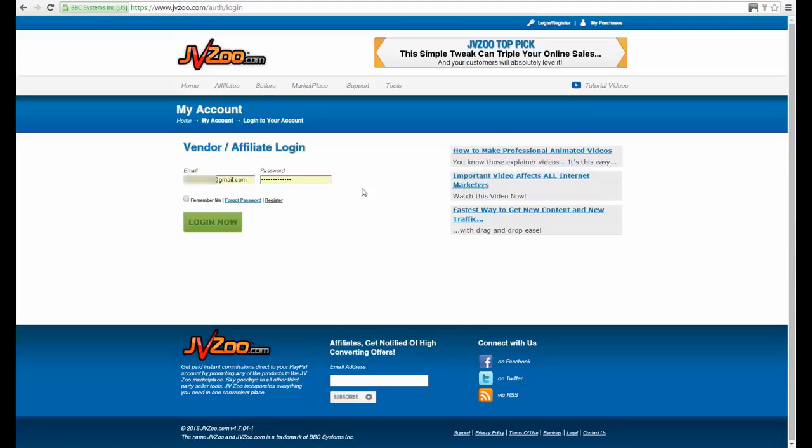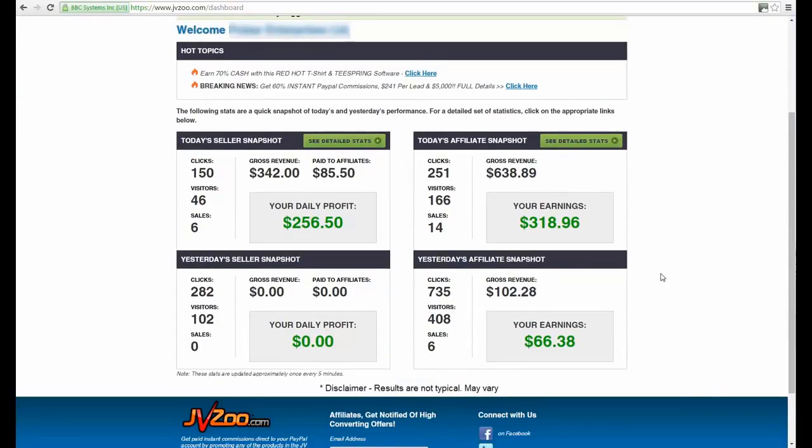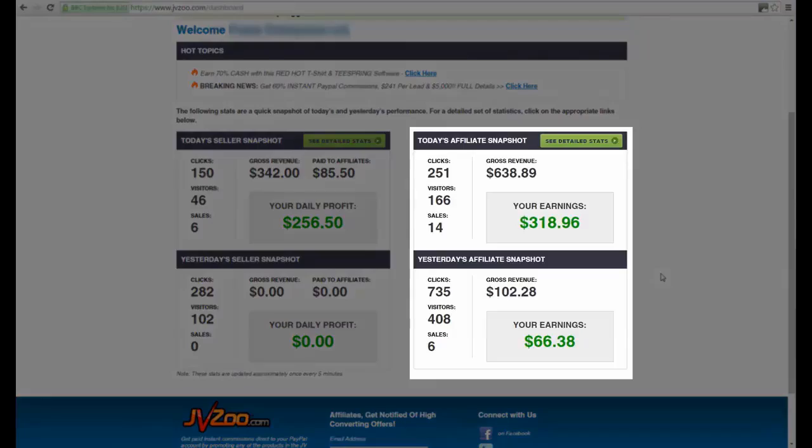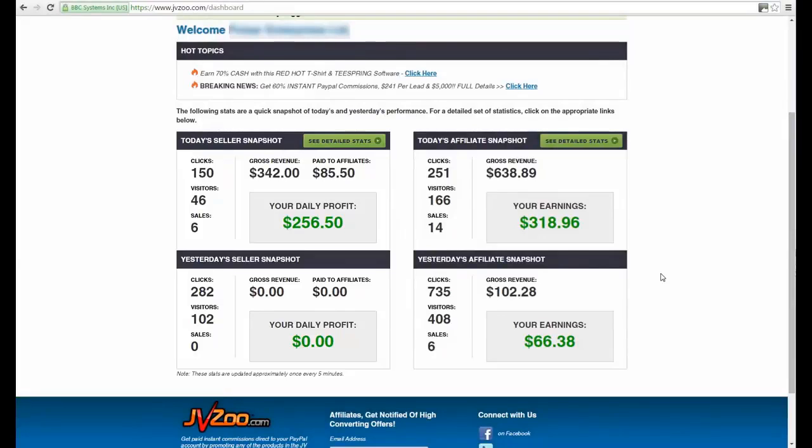Okay, so here we are on the JVZoo homepage. I'm just going to log in. Right, as you can see, we've logged in and this is a live account. Now I've blurred out certain areas and sections for privacy protection. I have some campaigns running with traffic going to affiliate offers and even a product I co-own on complete autopilot. The traffic is on demand, and the beauty is I get it without doing any traffic generation, and I'll explain